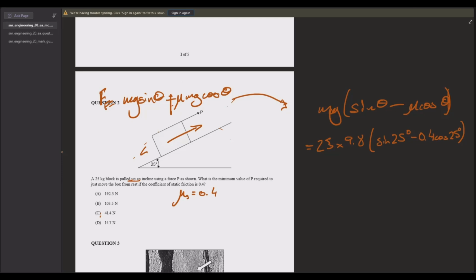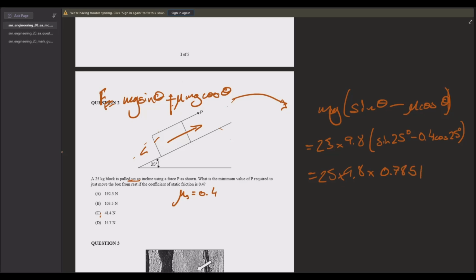Make sure your calculator is in degrees, and you won't be able to bring your scientific calculator into the exam either, so don't get too used to that, and especially don't get used to being able to access and solve, because you can do that for some of these questions, especially moments questions. It's really handy, but there isn't actually many of those on the exam anyway, you'll find. So if I just put in sine 25 plus cos 25 times 0.4, I'm going to get 25 times 9.8 times